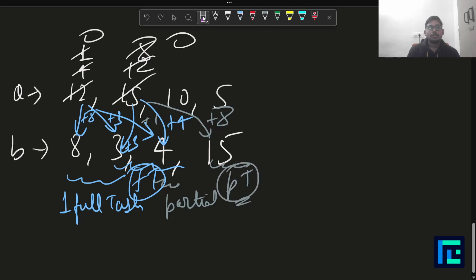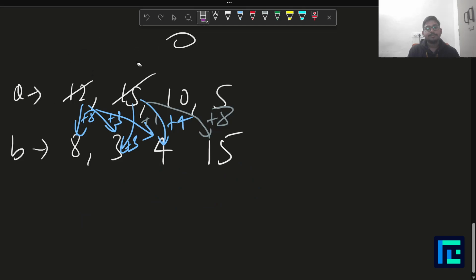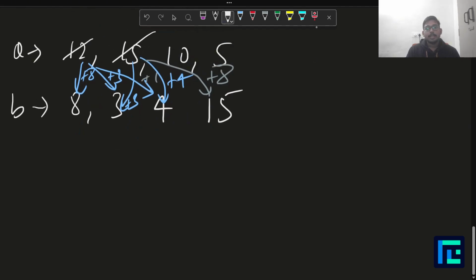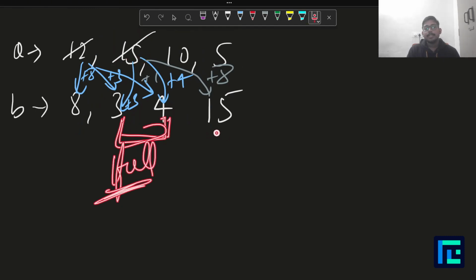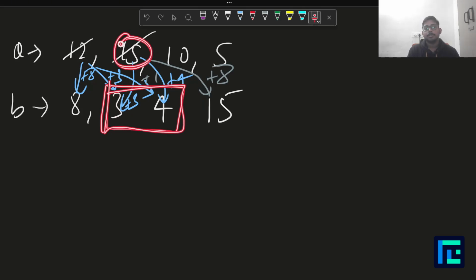So with this what you can conclude is that for any i, if you have an array A, up till some index j you would get a full tasting, and then for the j plus 1th index you would get a partial tasting of the remaining amount. And how much amount would be remaining? It would be the amount tasted by these people subtracted from this, so 15 minus 7 is 8, so 8 would be